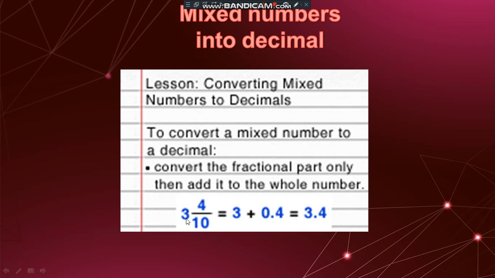As I told you, it has two parts. This is called the whole number part, and this is called the fractional part. I'm going to convert this fractional part into decimal, and then add it to the whole number part. So this whole number is written as 3 itself plus 4 upon 10. Now 10 means only one decimal place, 1 0. So leaving one number, I'm going to put a decimal, that is 0.4. So 3 plus 0.4 gives me 3.4.